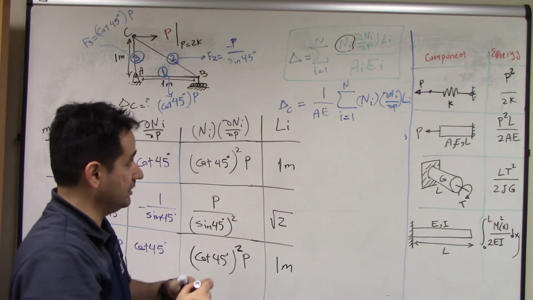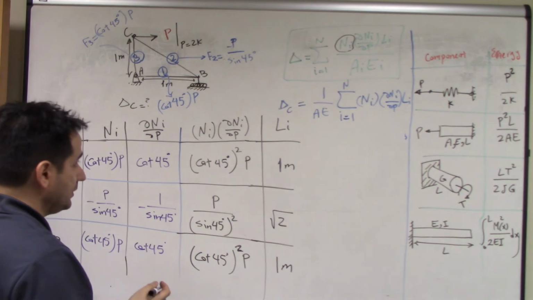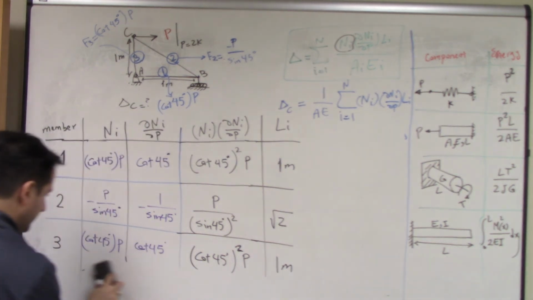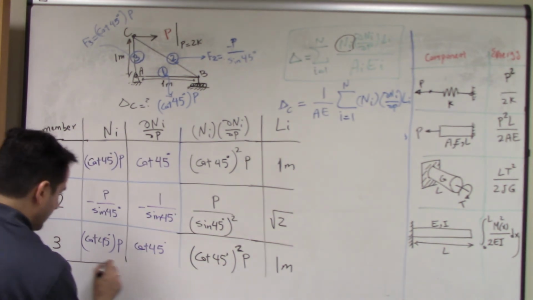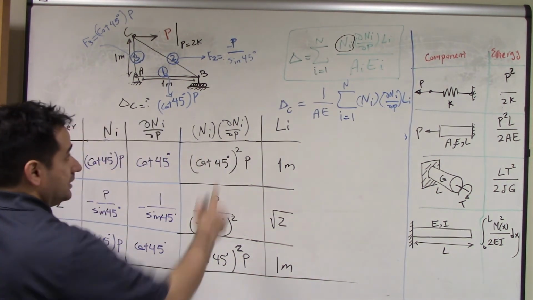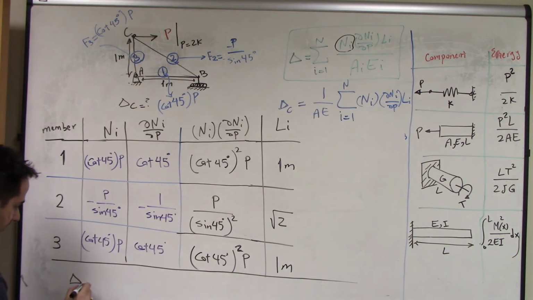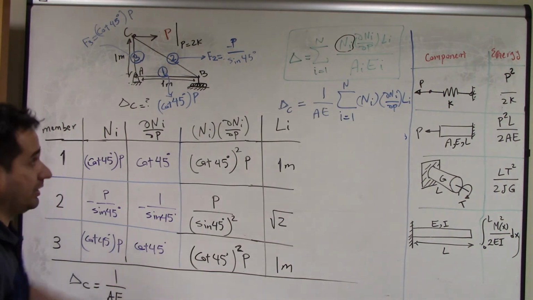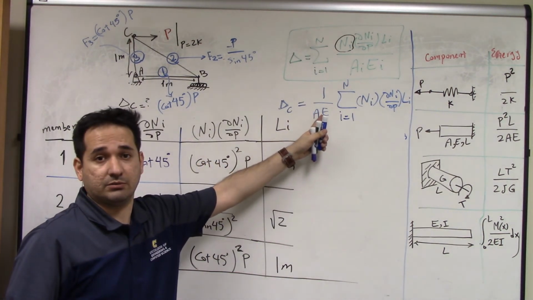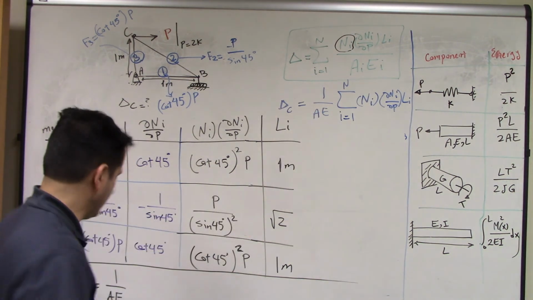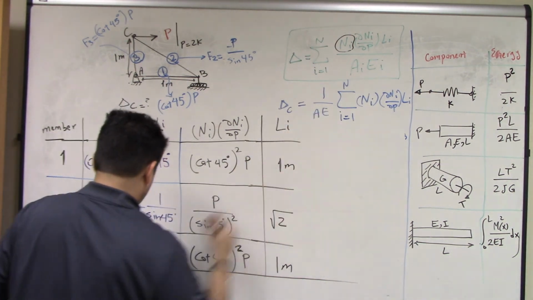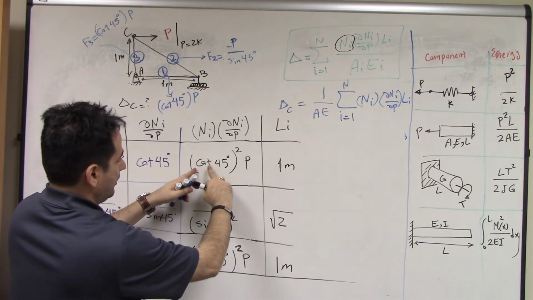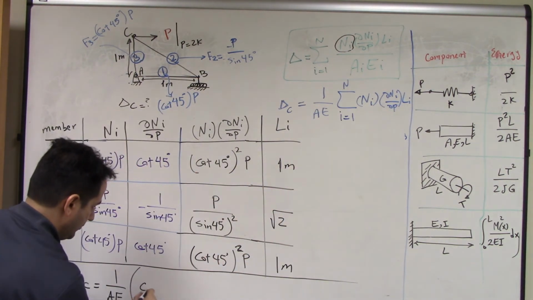That becomes the deflection. So, if I do that, I wish I could do it right here, but I don't want to erase this. The deflection at point C, the final answer, is 1 over AE. Again, you have A given to you in the question, modulus of elasticity. All the numerics are given to you. So 1 over AE, parentheses, now I'm going to put this sum. So I start from here, 1 times this, it is itself, cotangent